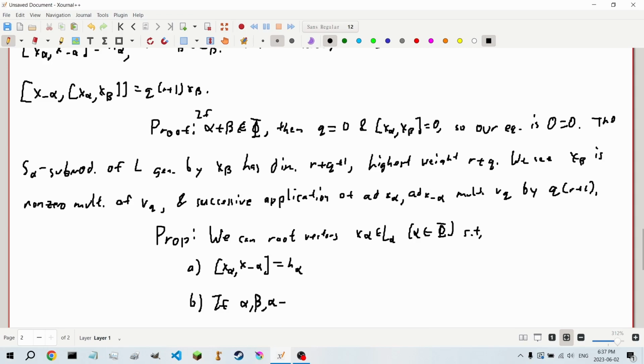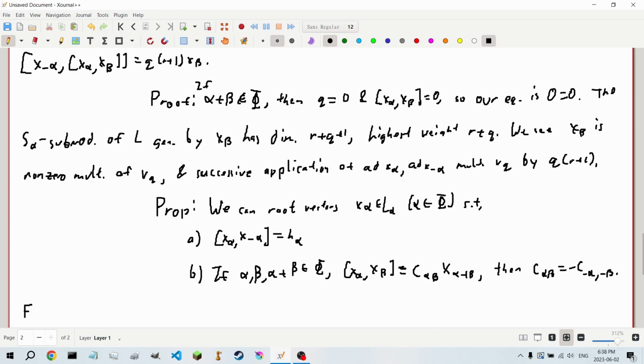B, if alpha and beta are roots such that their sum is also a root, then the Lie bracket of x alpha and x beta is x alpha plus beta times a structure coefficient c alpha beta, and then c alpha beta is negative c of negative alpha and negative beta. For any choice of root vectors, the set of scalars c alpha beta, for, of course, alpha, beta, alpha plus beta being in our root system,